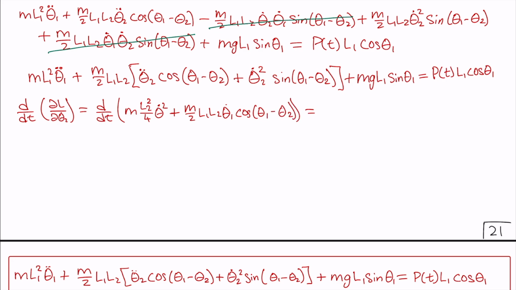This will be equal to m, let's say m over 4